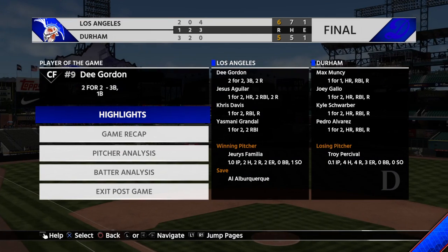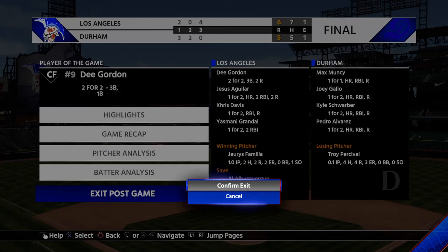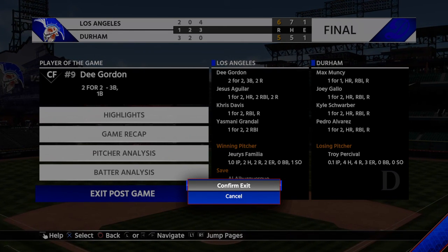Every game has its offensive stars, and in this one, he arguably shined the brightest. He's our top player of the game. He was one of the few guys that really swung the bat well in this game with the